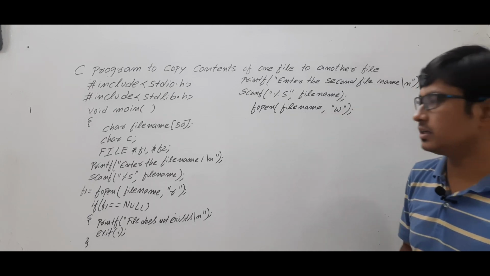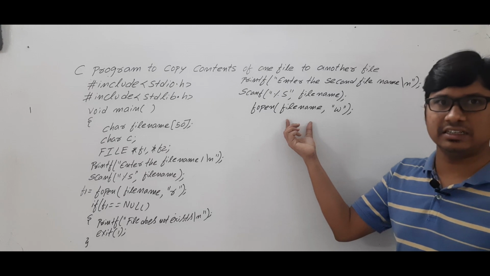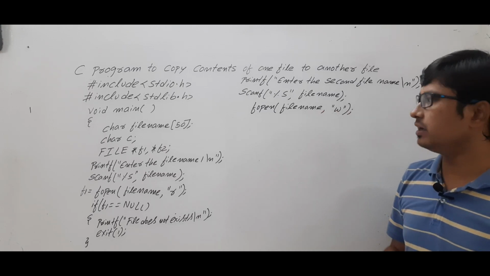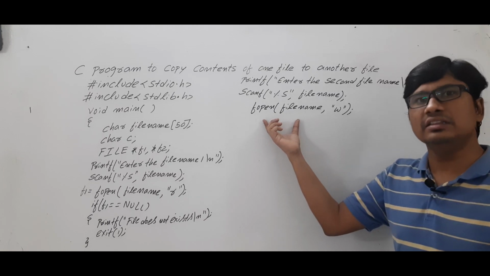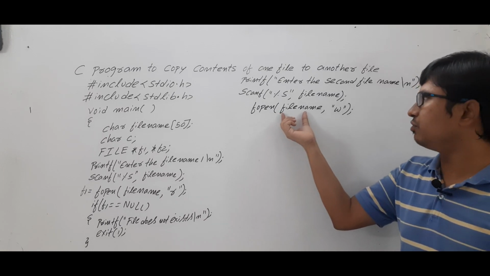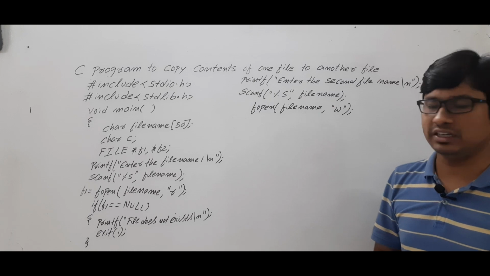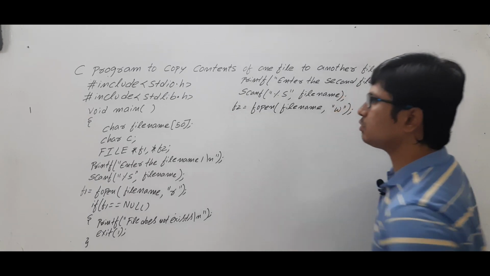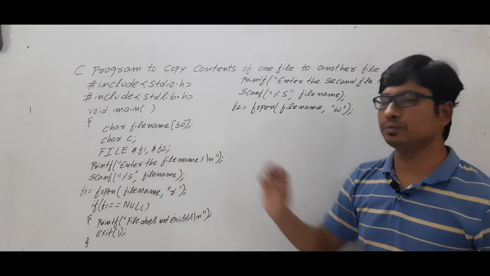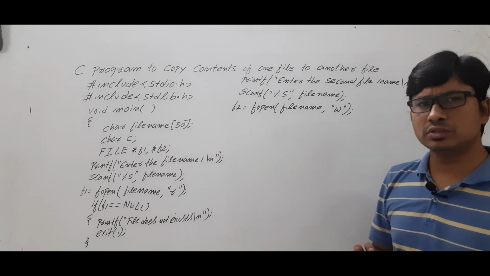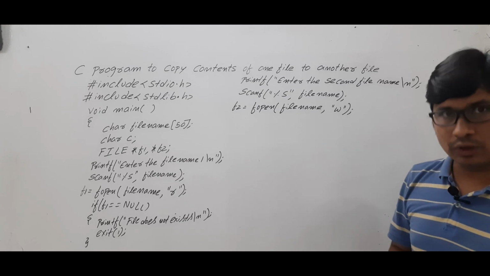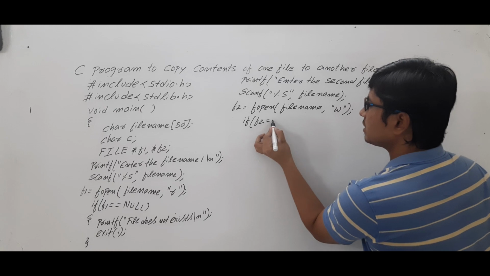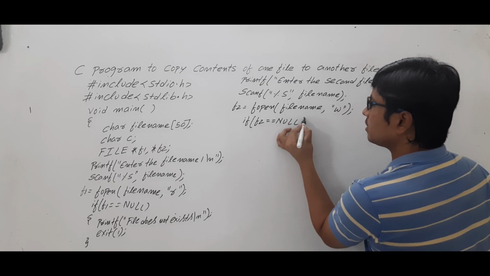Now look at the thing here. If the file is already existing, then it will erase the old data and the file will be opened. If the file is not there, then it will create a new file with the name you have specified here. And that base address you will be assigning to the pointer called f2. Due to some memory issues or some other issue, if the file has not been opened or not been created, then it will return the null value to the pointer called f2.